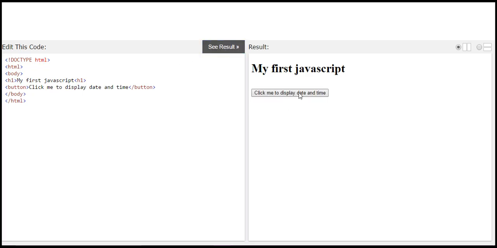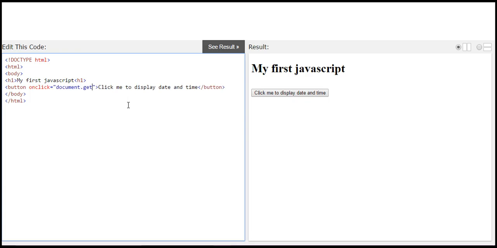In order to apply JavaScript, we move to this opening tag and type onclick. I just type onclick and equal and inverted commas. Onclick is an attribute of the button. When we want to click on that button and perform some action, we type onclick, and in onclick I'm going to write the actual JavaScript code. What I want is that when I click the button, the time and date appear on my screen. The JavaScript code, a simple code, starts with document